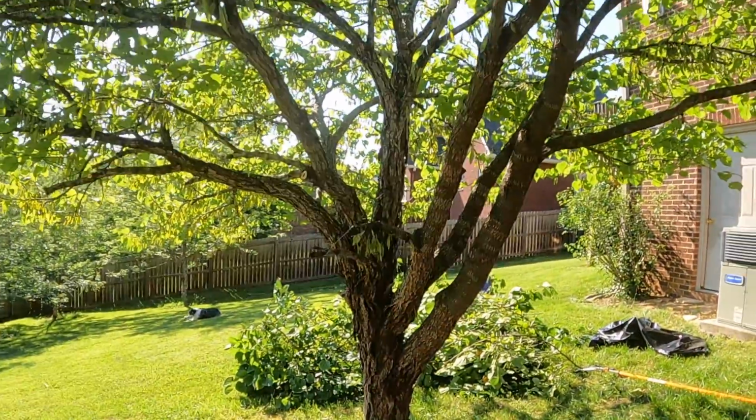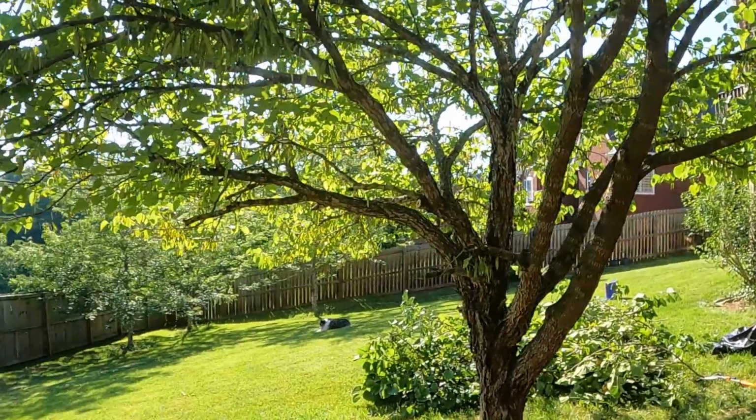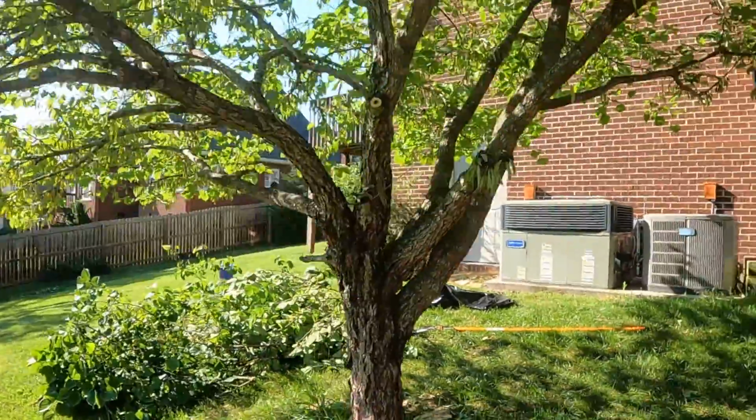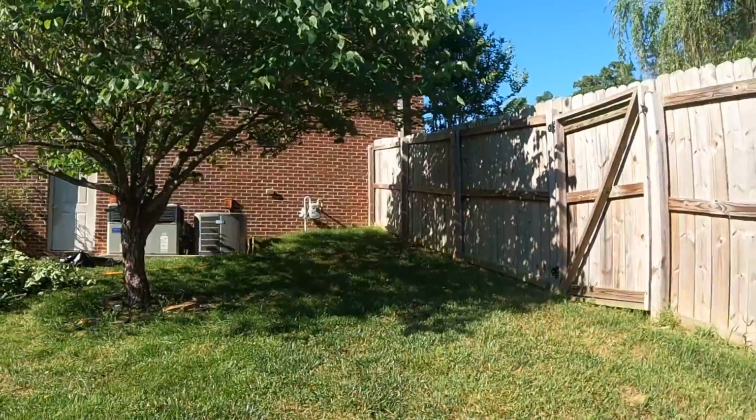Okay, so I think I've got the bottom cleaned up pretty good. I'm gonna try and show you guys, do like a walk around, but this is the underneath. So much better. Can stand under here. I don't have to duck. Can probably fit the lawnmower underneath here. And see if I can show